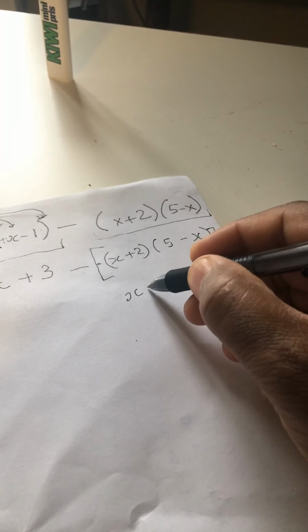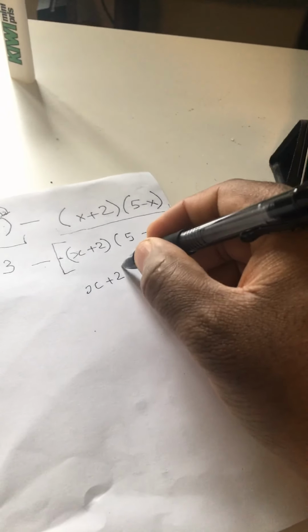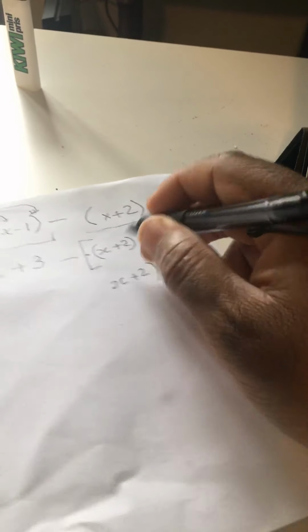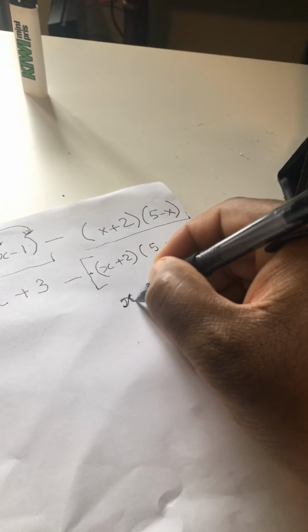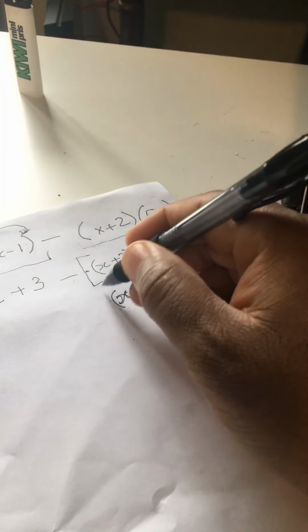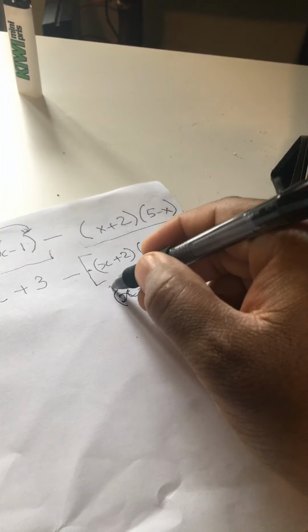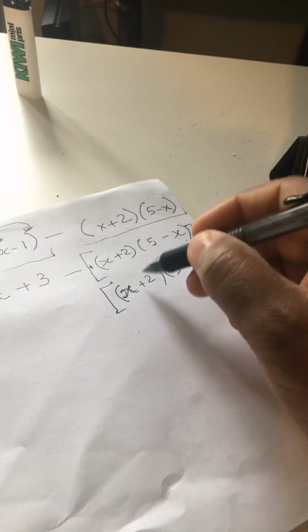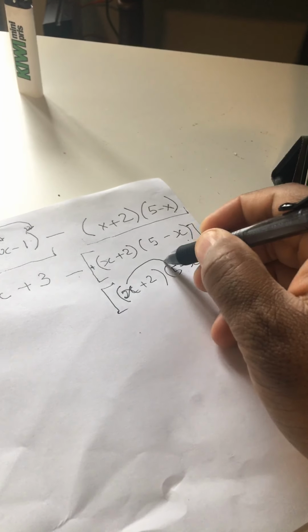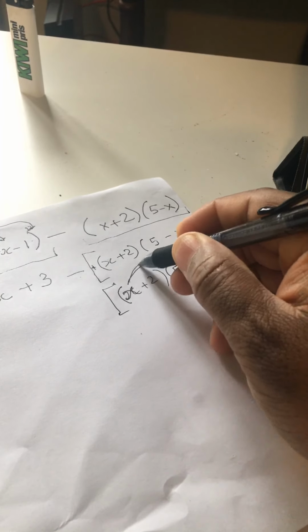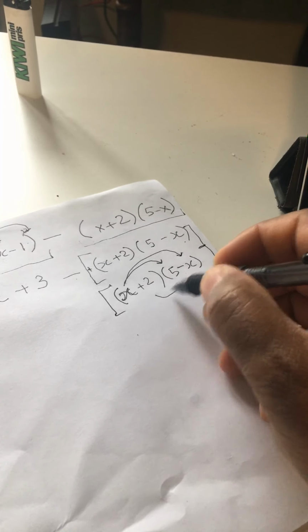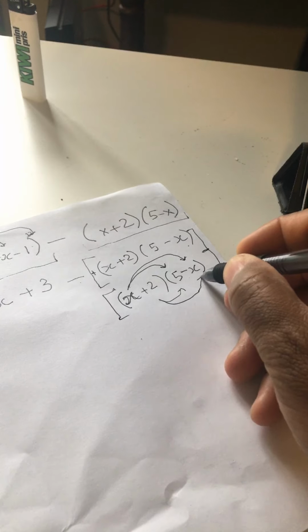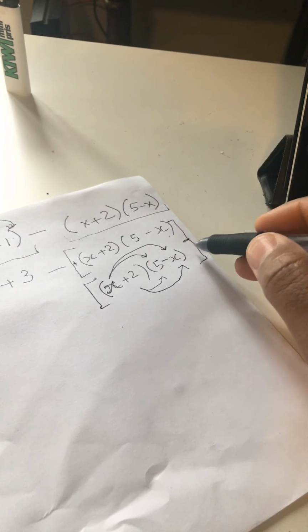let me write it over here again, x plus 2, 5 minus x. Cool. So what you're going to do, that's a plus sign. What you're going to do now is you go like, that will be multiplied by that, and then that multiplies by that. Then this multiplies by that, and then there. So you're going to do all of those